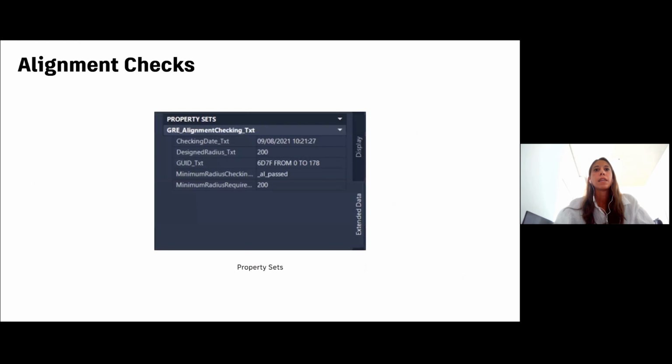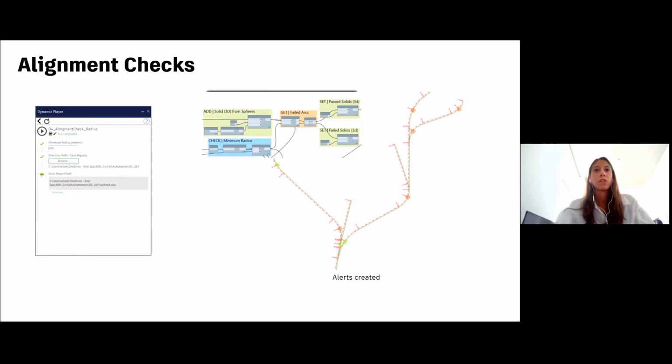From this analysis, it creates and places the alerts, taking the form of 3D spheres, in a similar way to Civil 3D, which places yellow warnings. So here we can see these spheres, the red and the green ones. We created for that 2 different layers that are assigned to the spheres, which will appear as green if they pass the check, so if the radius is larger than the minimum required, or red if the radius checked failed.